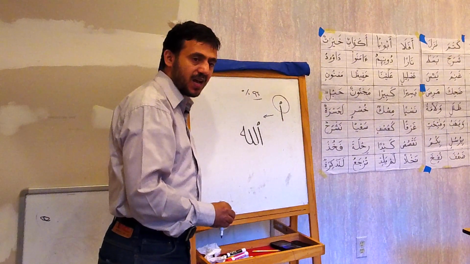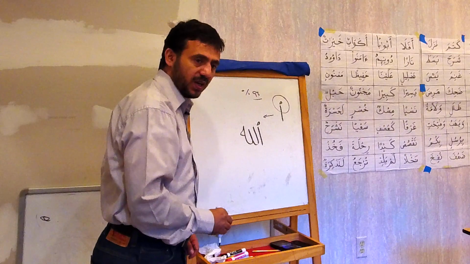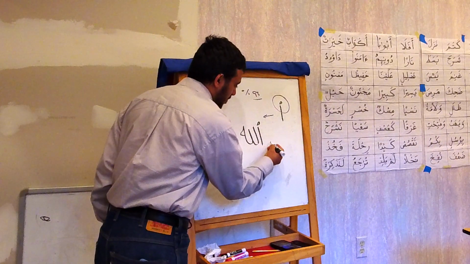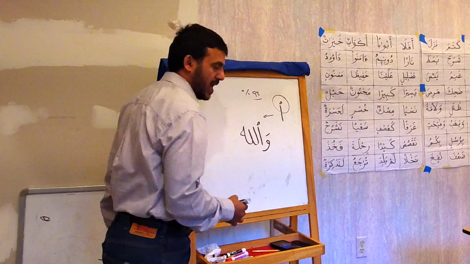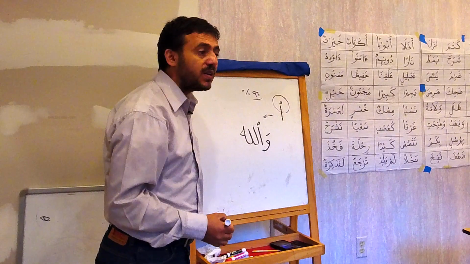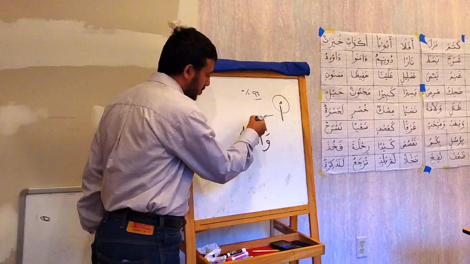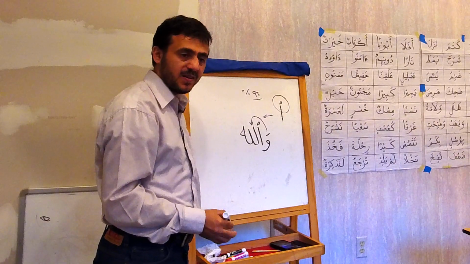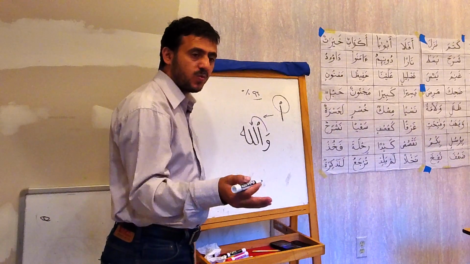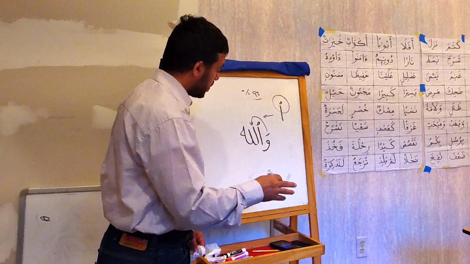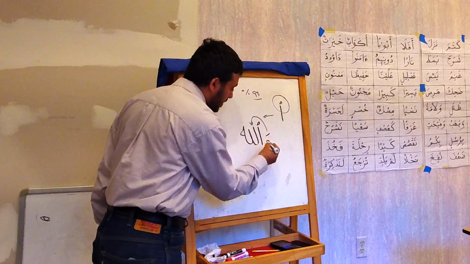When we start, it is a Hamza, right? Wallah. But when we have a letter before, what happens? Wallah. We'll go from the Fatha here to the Lam, right? We say Wallah, Wallah. So,